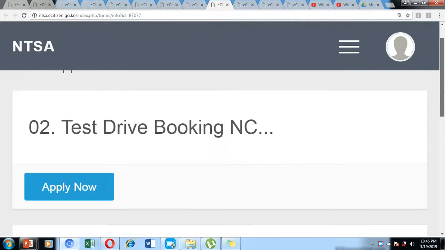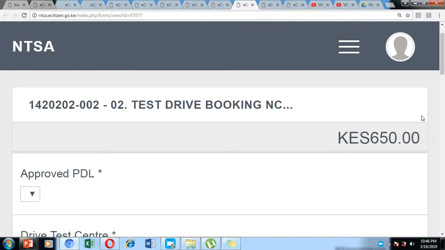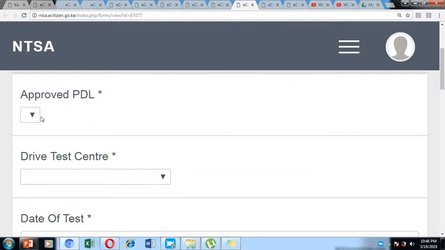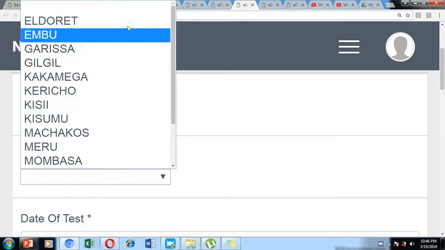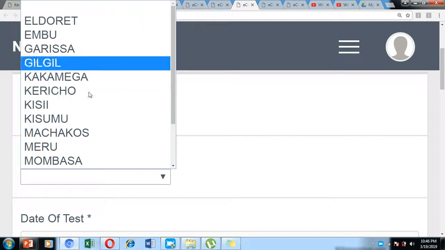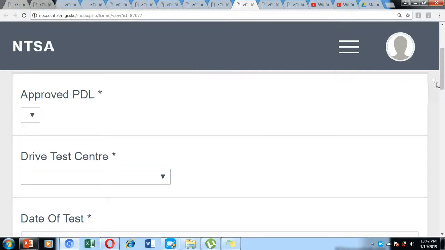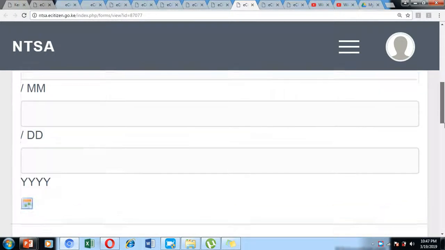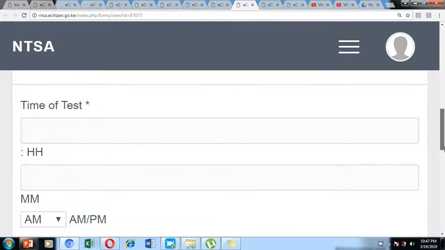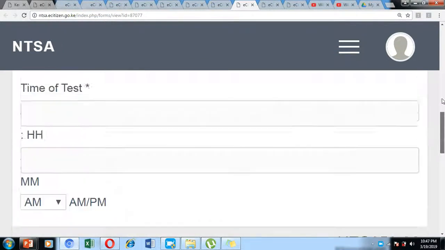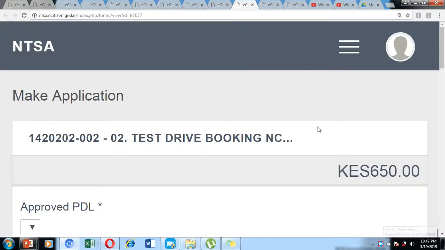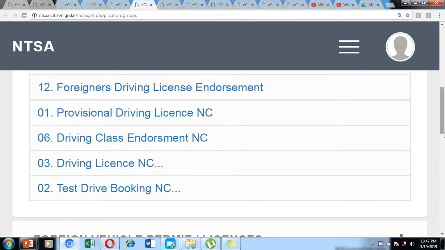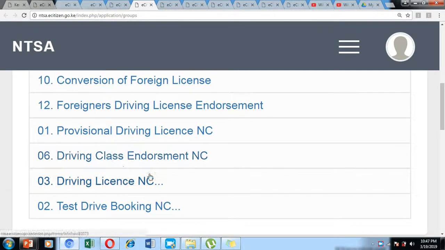By clicking number 2, it's going to direct you to this page number 2. Click on apply, which is going to direct you to this page, and from here you just need to choose where you want to have your test drive, choose the date which you want to take the test, the month, the time of the test, and click continue. It's going to direct you to the online payment platform. Make the payment and print the test drive booking invoice, and after that, after you have been given your